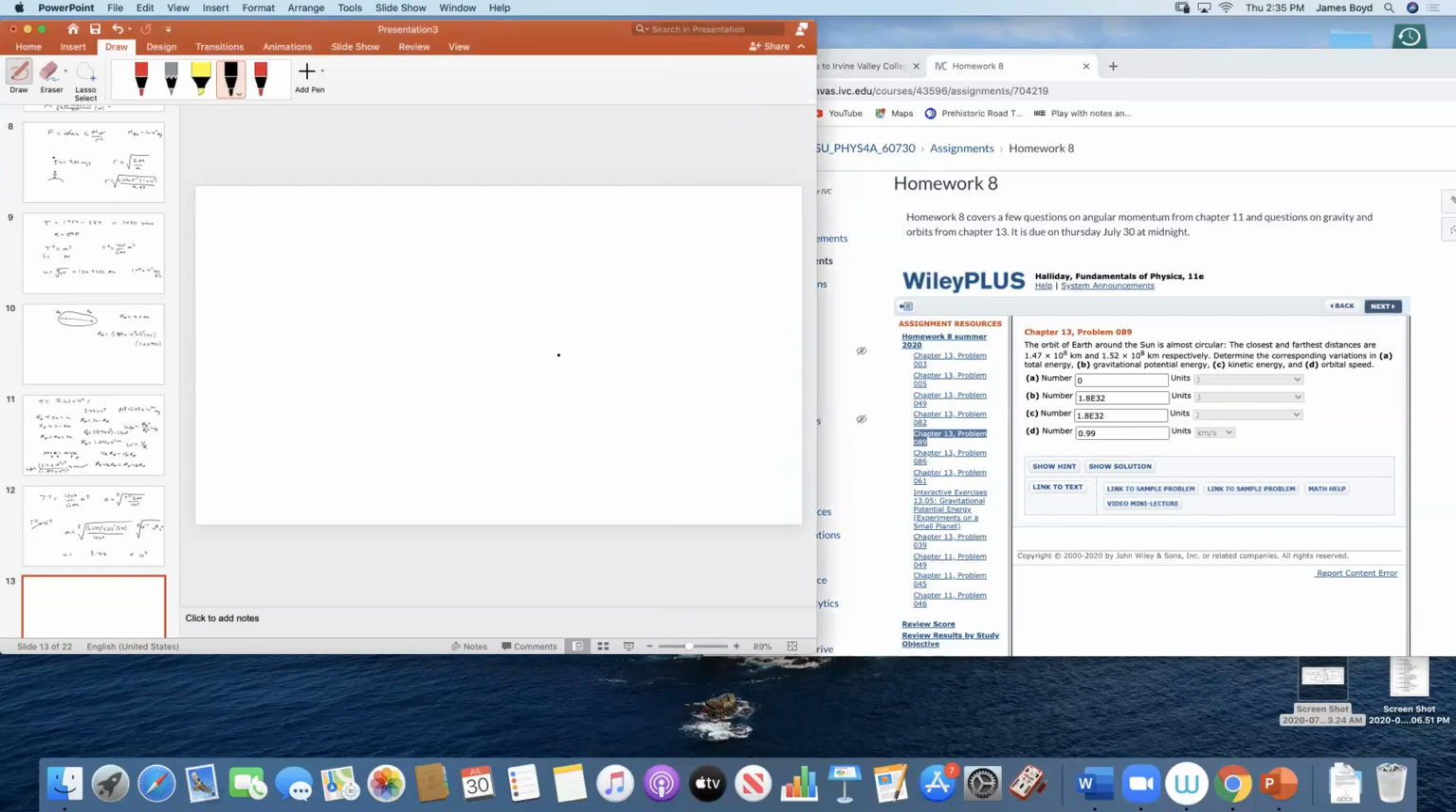So in this first one, it's all about the Earth and the Sun. And we're talking about the Earth rotating around the Sun. And it's almost circular, okay? At our perihelion and at our aphelion,